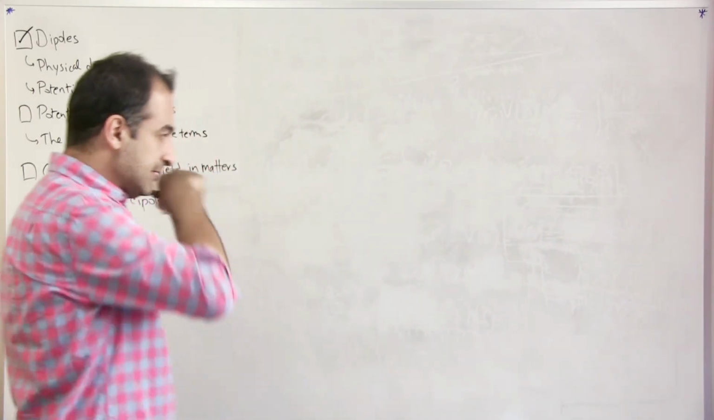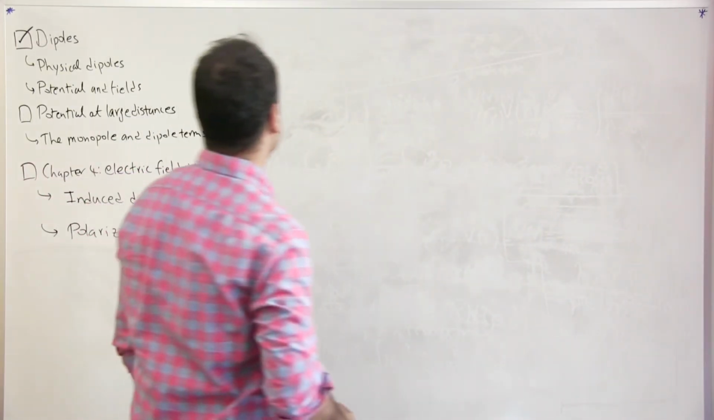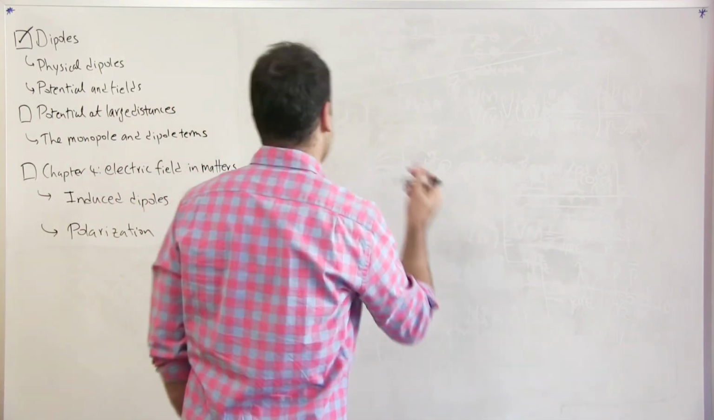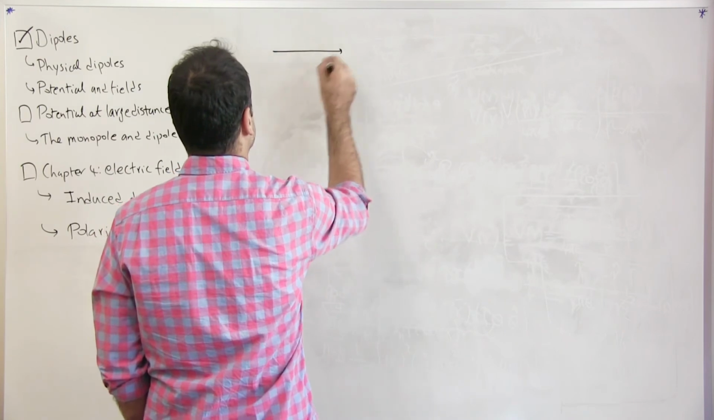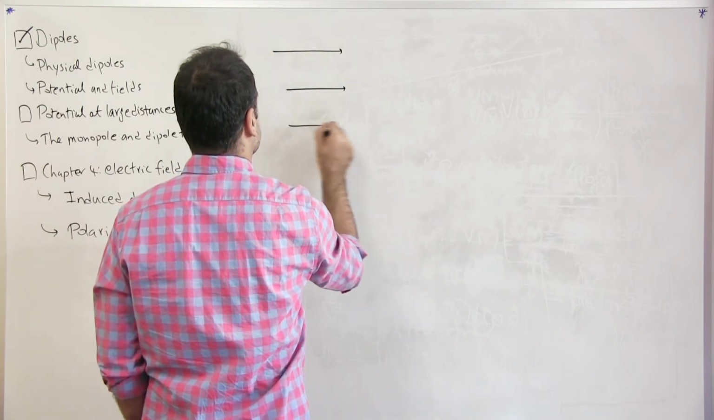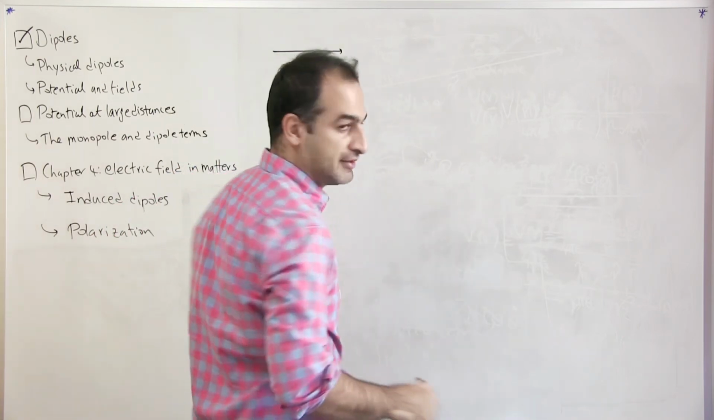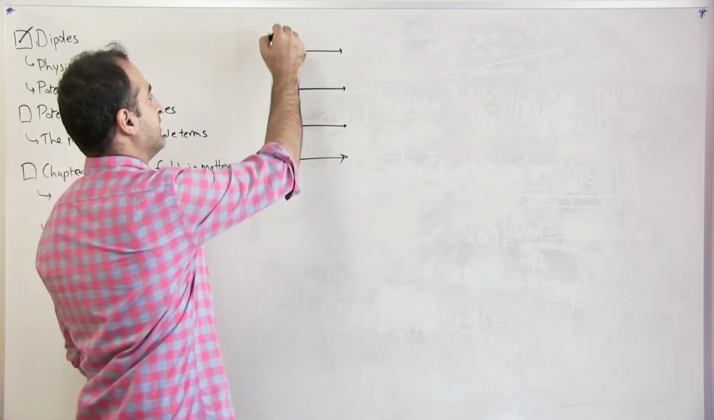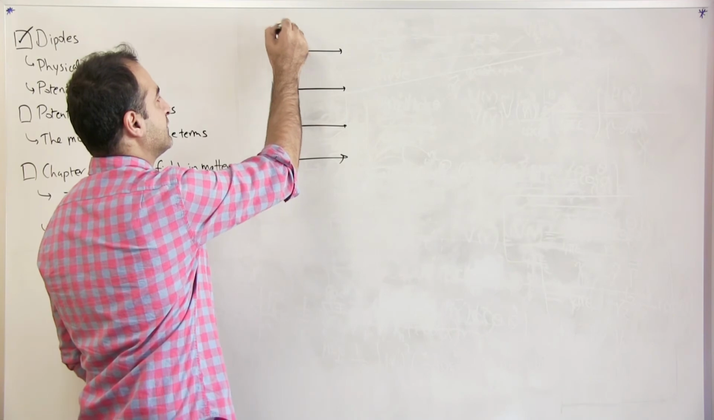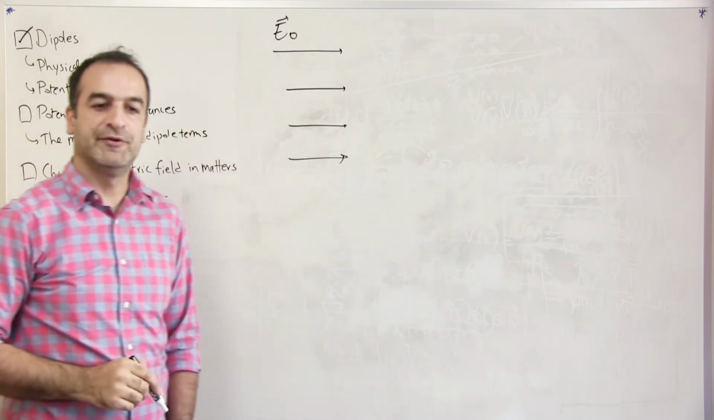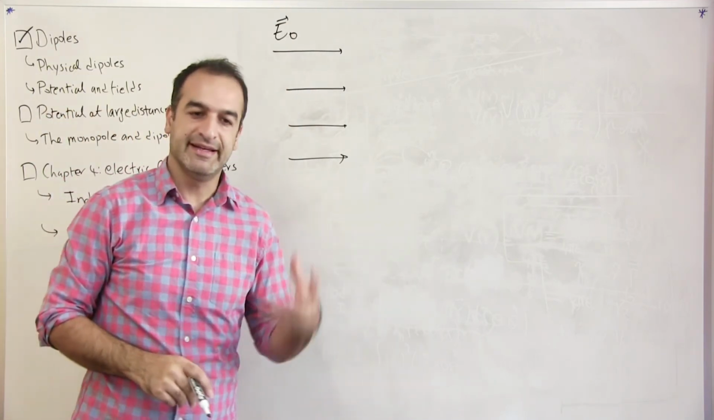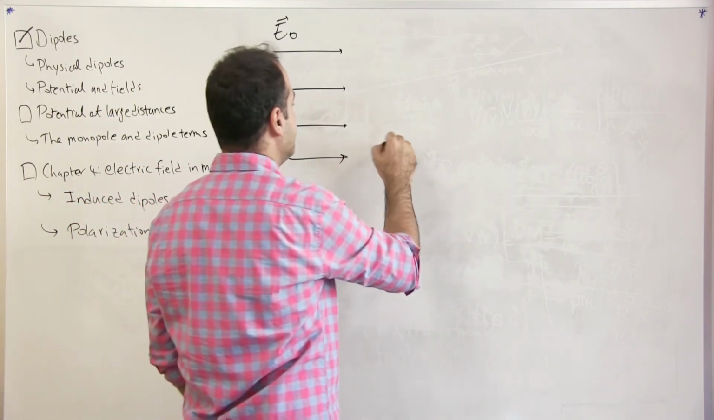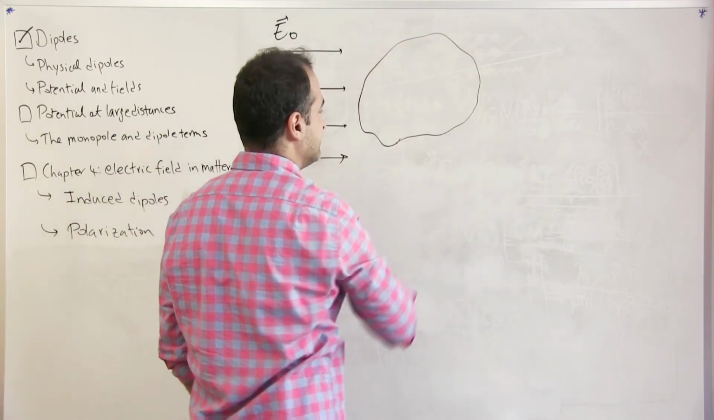Okay, so in chapter 4, what we study is basically this. Imagine you have electric fields. Here I draw some very basic parallel uniform electric field. I'm going to call it E naught. So the idea is that you have an electric field in a space, and then you put a dielectric material